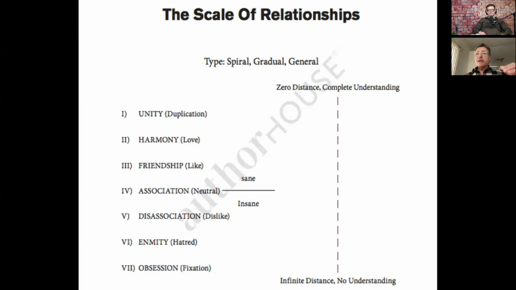So that's 2. Then we come up to 1, unity. Now, again, as I said before, most people are going to have trouble understanding the extremes of the scales. And this is a perfect example. Most people really don't understand obsession. They're not like that. They don't do that. They don't get it. And most people are not going to understand unity either. Unity is beyond love. Unity is where people are of one mind.